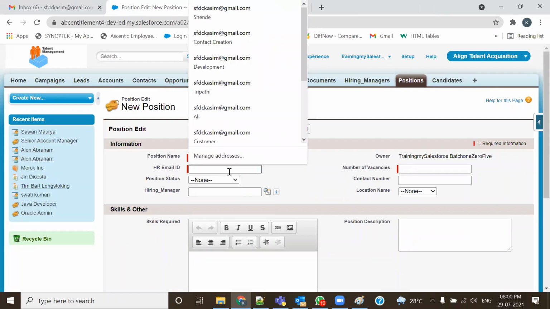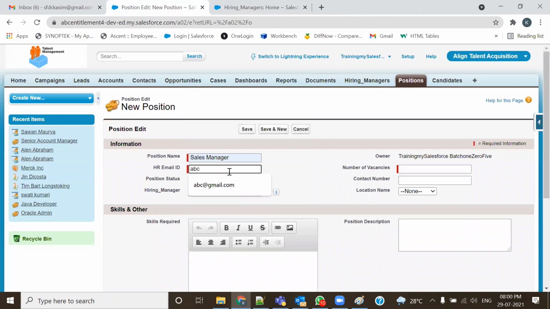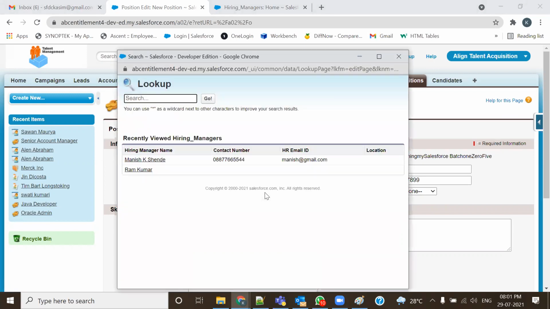The email ID is abc@gmail.com. Number of vacancies is 45. Contact number is maybe like this. Now see, without selecting location, if I try to select the hiring manager,